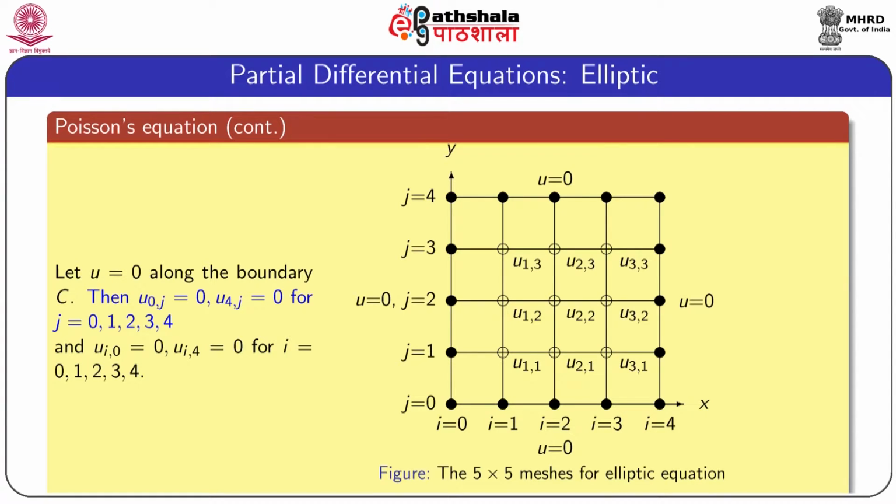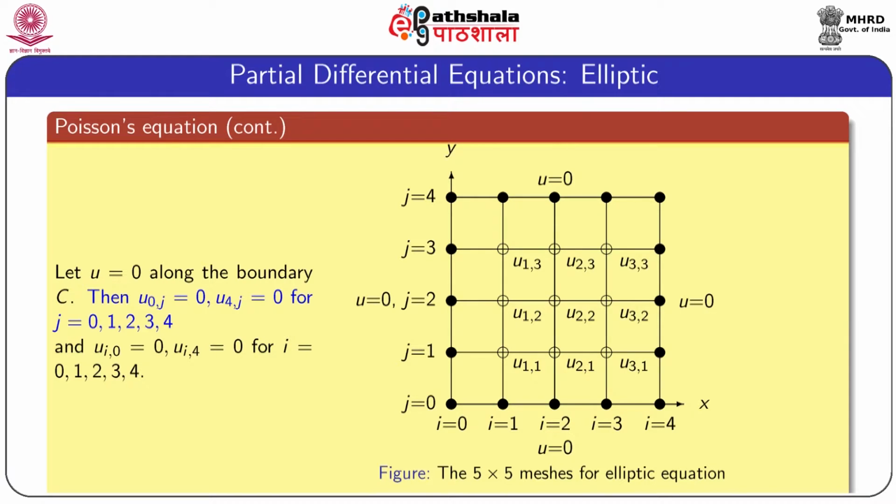the known and unknown meshes for the elliptic equation are shown in this diagram. Note that the lower boundary condition, upper boundary condition, left boundary condition and right boundary condition are given. So, depending on these values, we can determine the values of the interior meshes, that means the value of u